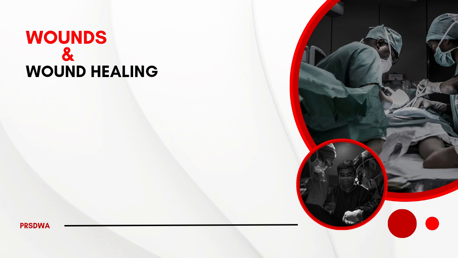So what he tried to do was compare these phases of wound healing to what happens when a house is on fire. The first thing you do is block all the utility pipes. The gas pipe you block, the water pipe you block, you switch off the mains and all those things. That is what hemostasis is about. You want to stop bleeding. You want to stop further bleeding. So that is what happens in the first